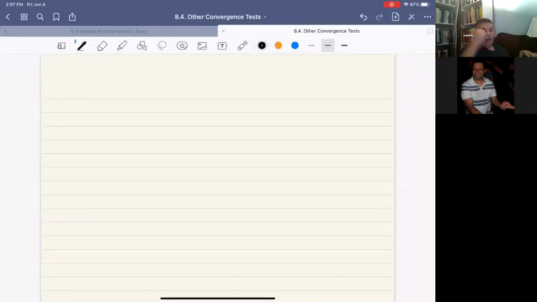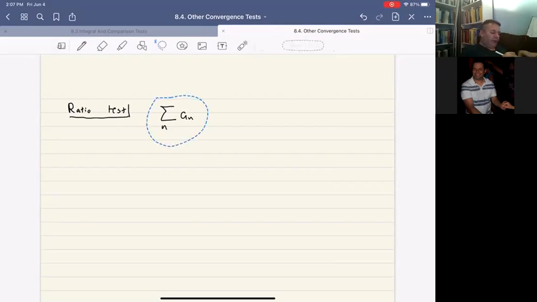Okay, we're going to next talk about the ratio test. The ratio test deals with a sum of this form. We don't know, it could be alternating, it could be whatever. And what we're looking at is we're going to consider the limit